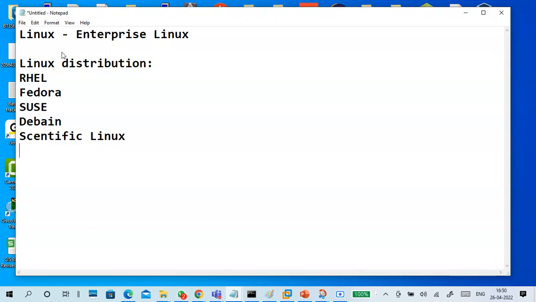These are all enterprise Linux, based on Ubuntu. Server is different, desktop is different. Desktop is for desktop purposes. Windows desktop is also there. These are the distributions, guys, for learning Linux.